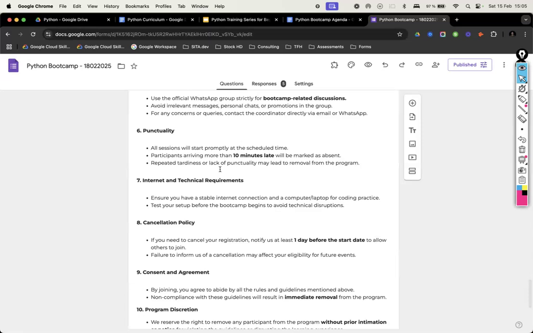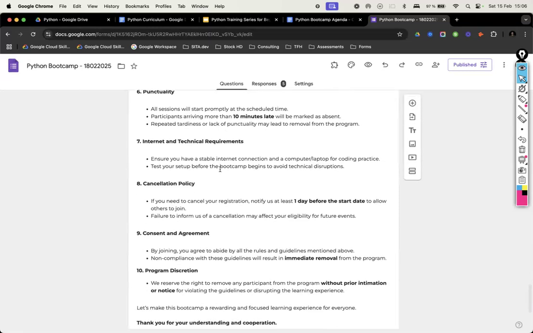Based on conducting so many boot camps and workshops, we came up with these guidelines so that those who are actually committed and serious get the best experience. Their experience is not disturbed by the people who are not so serious, or who are not punctual or took things for granted. That's why there are this many rules. Otherwise, you can ignore these rules completely as long as you're dedicated and committed to the program.